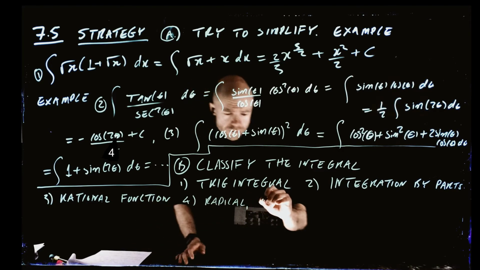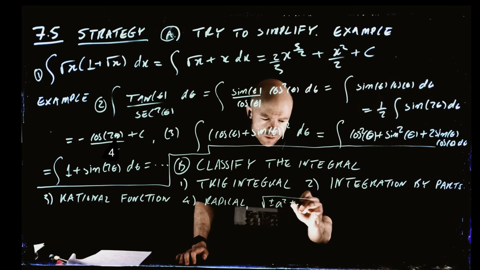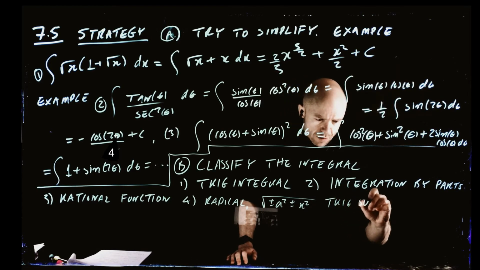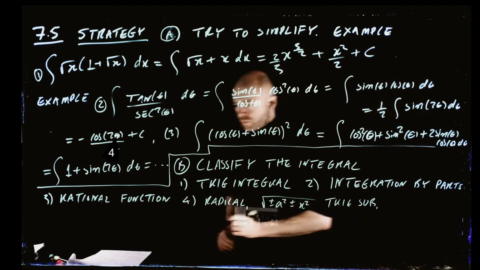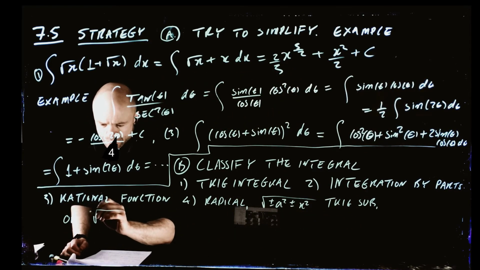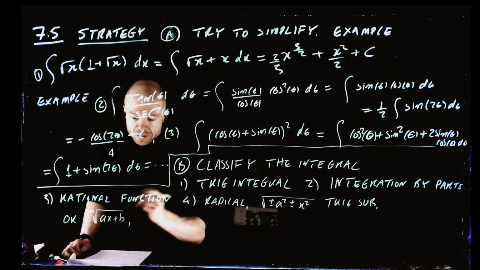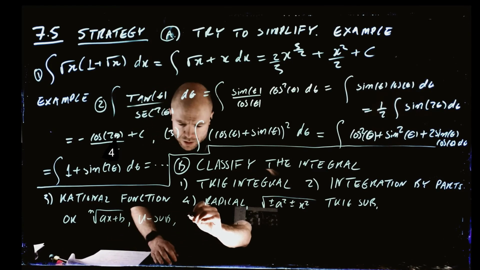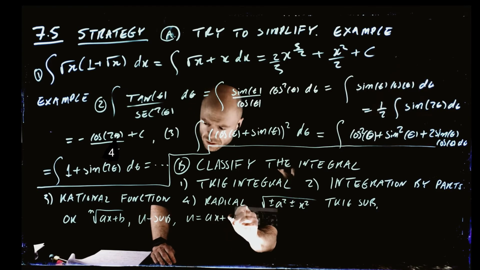And if it's a radical, if it's something like plus or minus a squared plus or minus x squared, then it's a trig substitution. Or if you have just something like some root power of ax plus b, then try u sub. And I often like to let u be this guy because